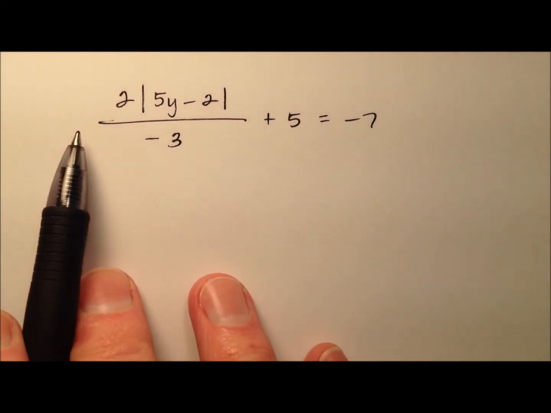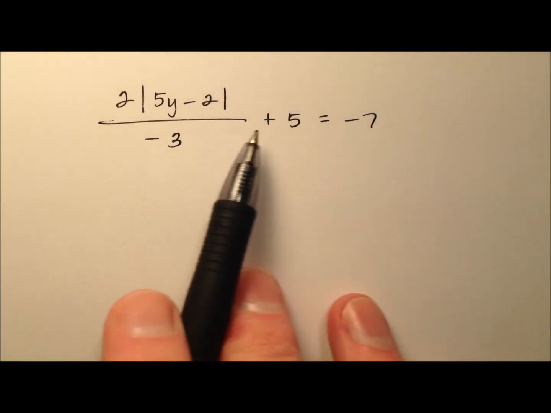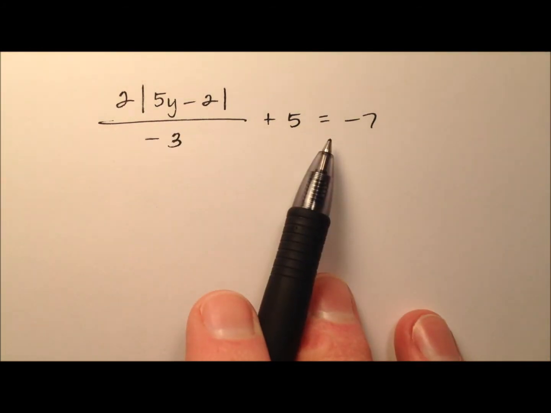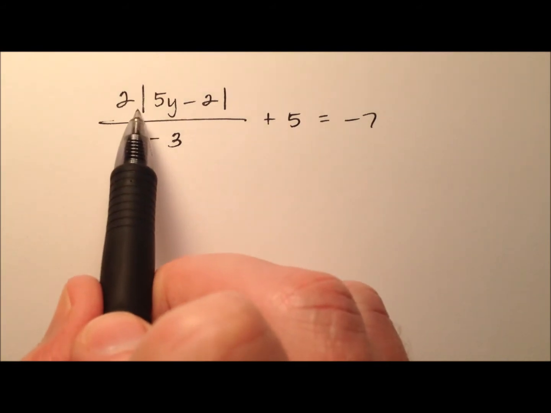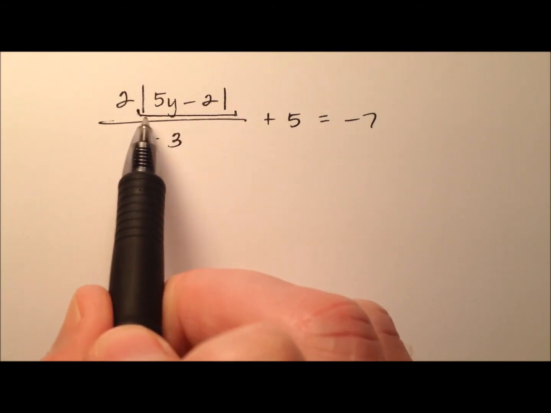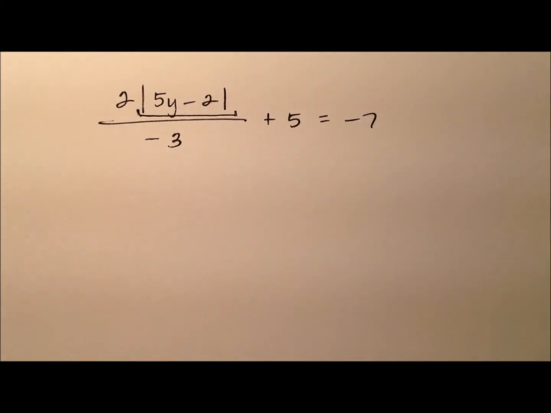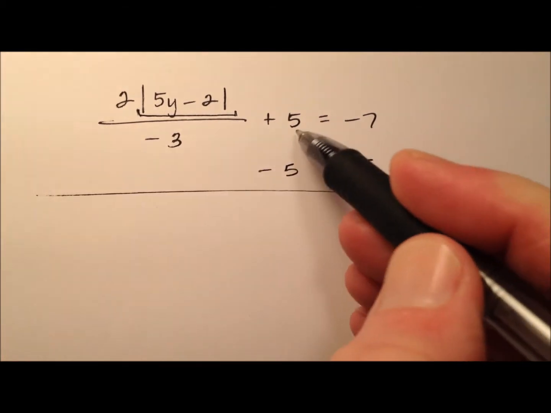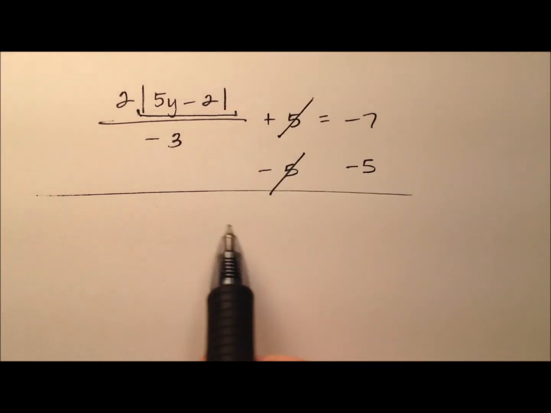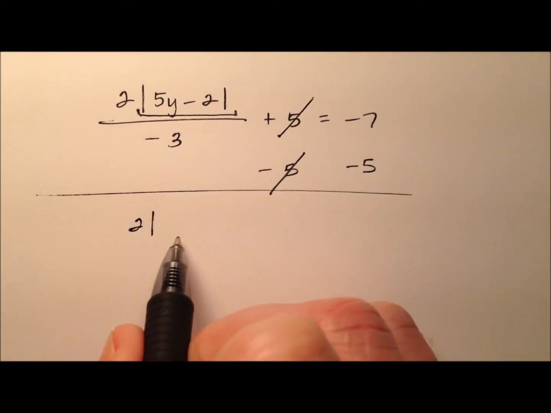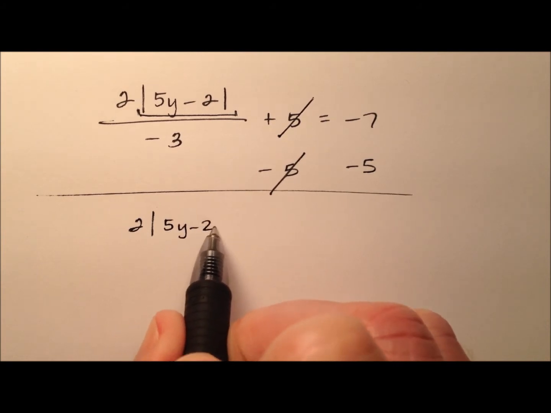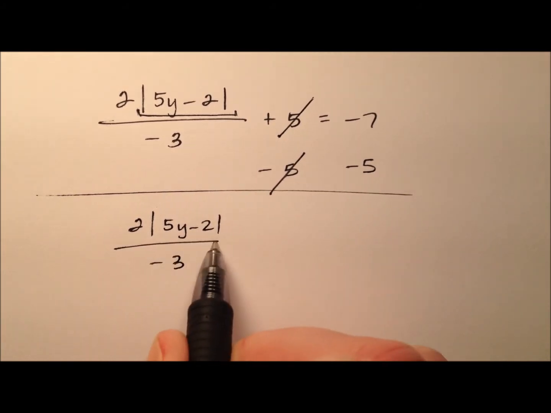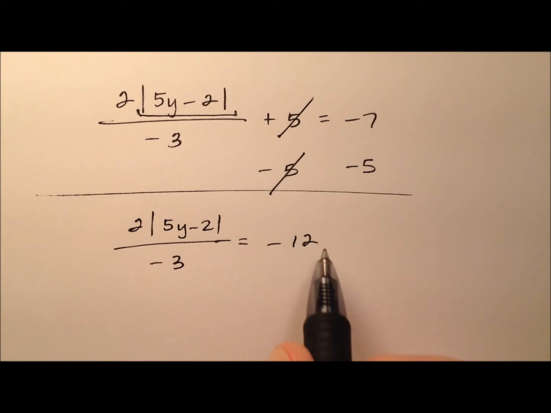In this example, I'm going to go ahead and work through and solve this absolute value equation. So the first thing I need to focus on doing is to get this absolute value expression all by itself. In order to facilitate that, I'm going to start by subtracting 5 from both sides to get rid of that constant. So I'll have 2 times this absolute value expression over negative 3, and that's going to equal negative